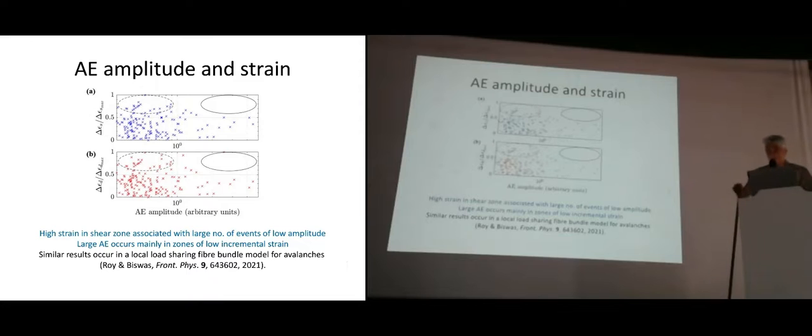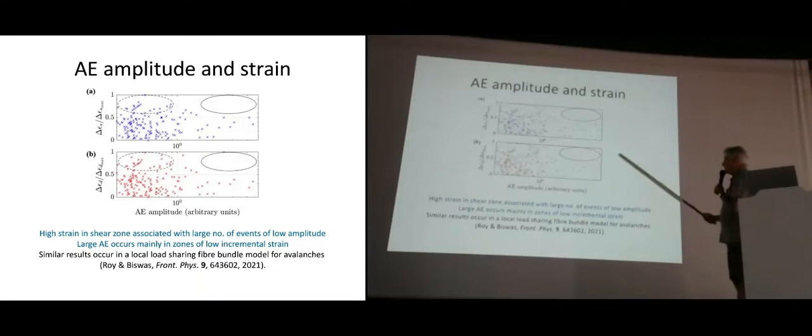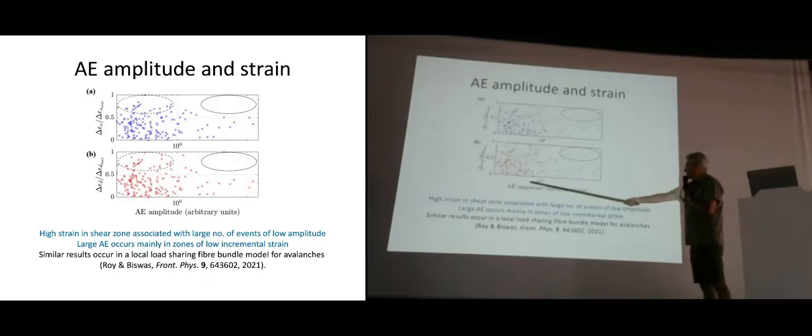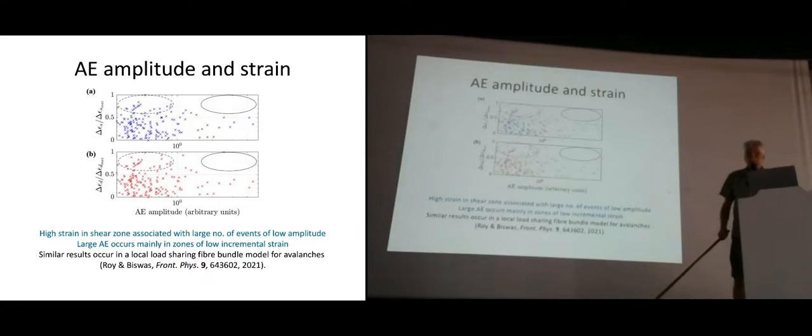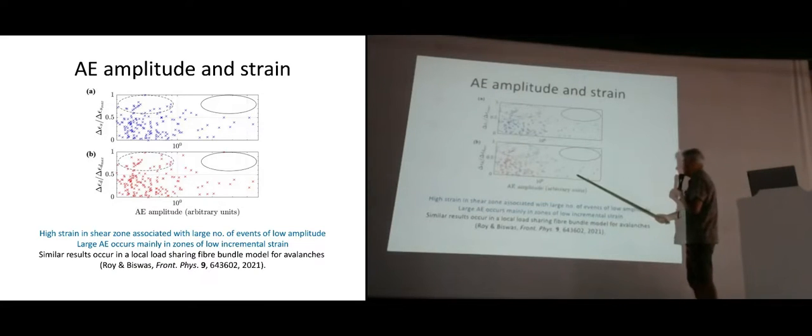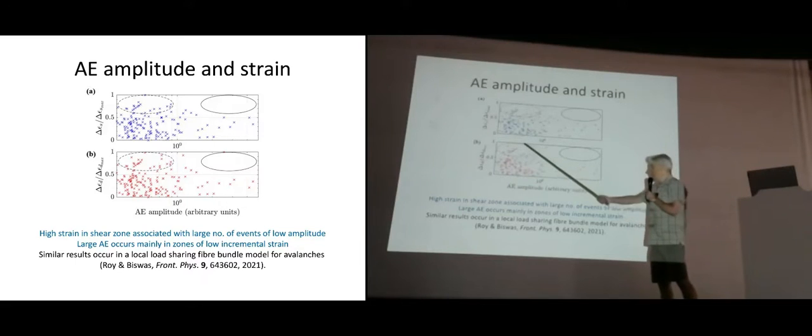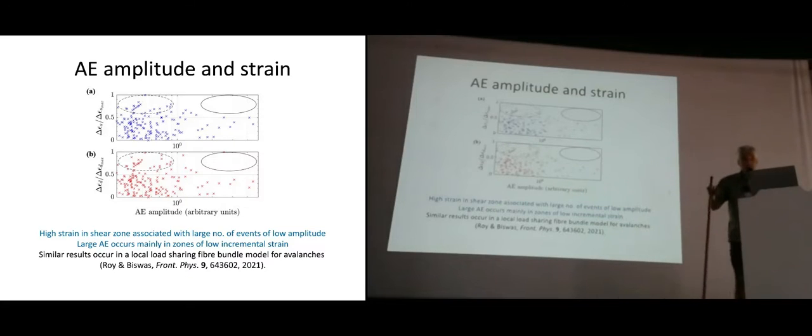So this is our surprising result, where the strain amplitude is high. Even though we forced it to pick the biggest strain location, we still see that they tend to be lower strain. So a lot of the biggest events are happening in the intact rock outside the shear band. And that's because we think there are many aseismic mechanisms of shear within the shear band, the rotation of the grains that we wouldn't pick up with the seismometers and so